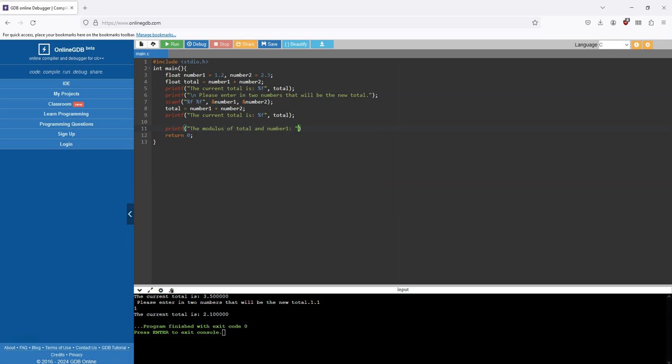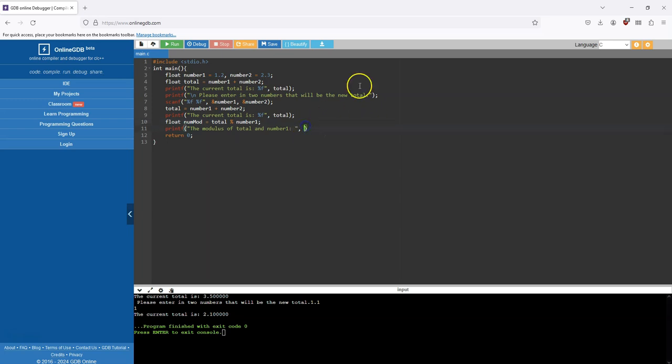Okay, and one thing we haven't seen is can we try to do an arithmetic operation, for example, in a statement. So before I do this, let's go ahead and just test this out first and get our modulus. So can we get a modulus to appear? So we'll take, let's just say we want to do float, and we'll make this num mod, and we'll have that equal to total